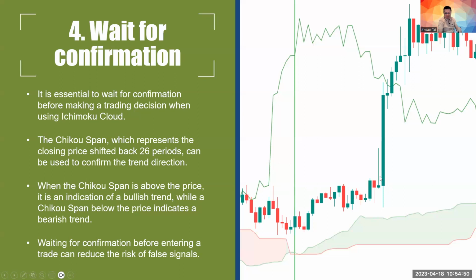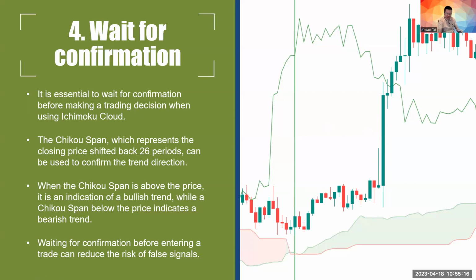And that's where we would see price rocketing up towards that Chikou span line, testing that level. And then after that, although it did continue up, it consolidated and then eventually came back down. So remember, wait for a confirmation, right? Combine a few other lines together, wait for confirmation, just so that you reduce the risk of false signals, false